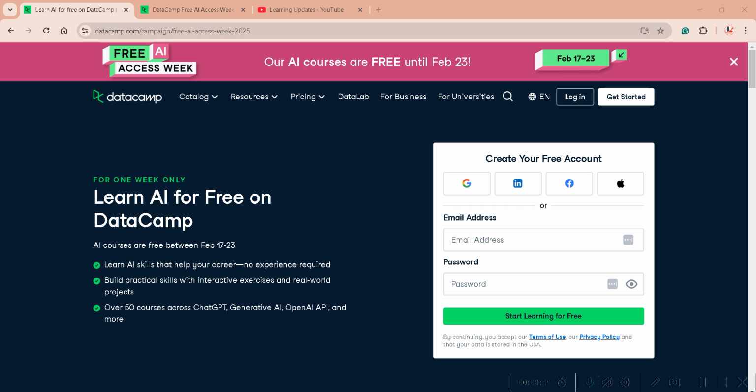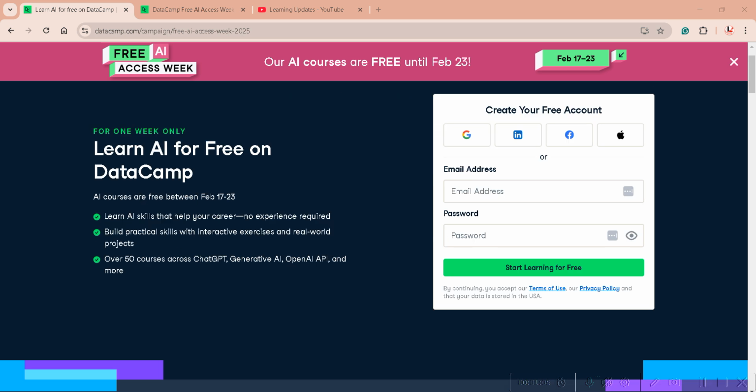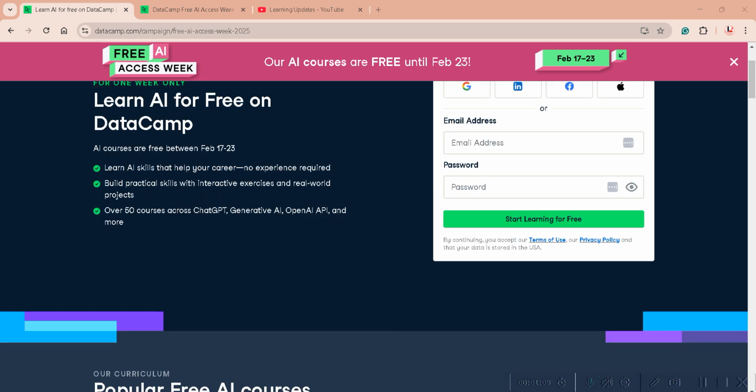So what is DataCamp? Before we jump into the details of this amazing offer, let's take a moment to introduce DataCamp for those who might not be familiar with this powerhouse of online learning. DataCamp is a leading online learning platform specializing in data science, analytics, and AI education. What sets DataCamp apart is its user-friendly interface and interactive learning approach.